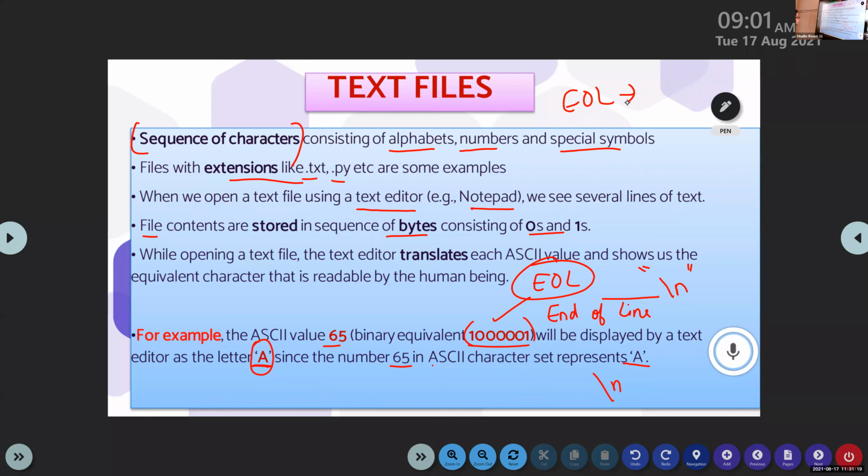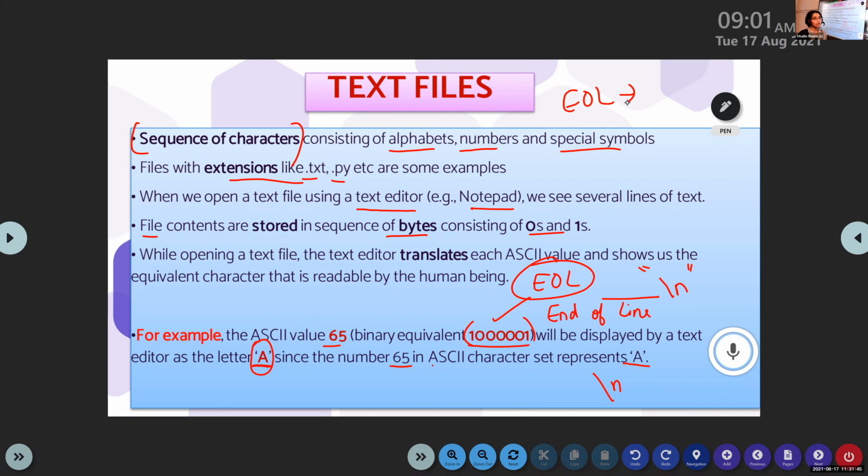Okay. So moving to the next slide, shall I move? Ma'am, will we have to learn how to convert numbers? No, no need of that. I have just included an example so that you can understand. But there will be questions regarding these text files.